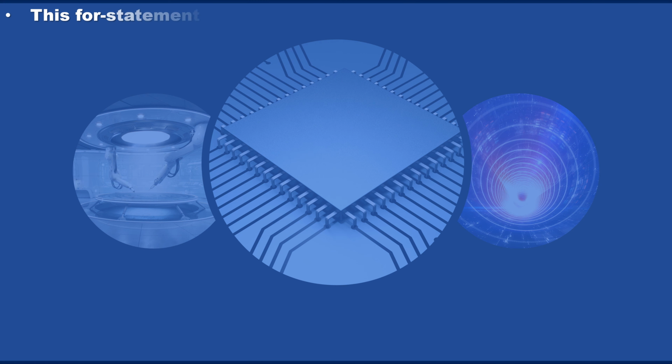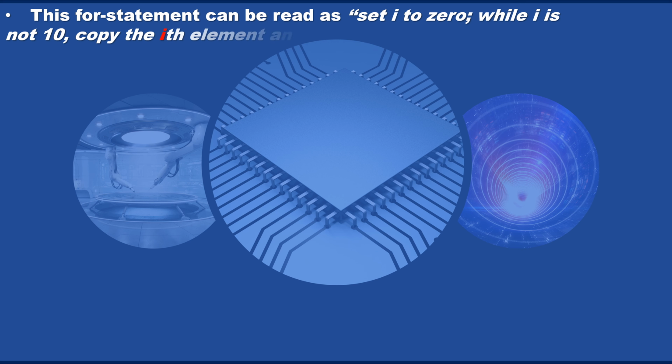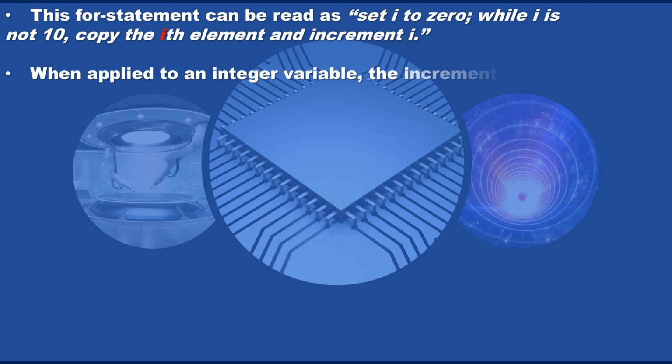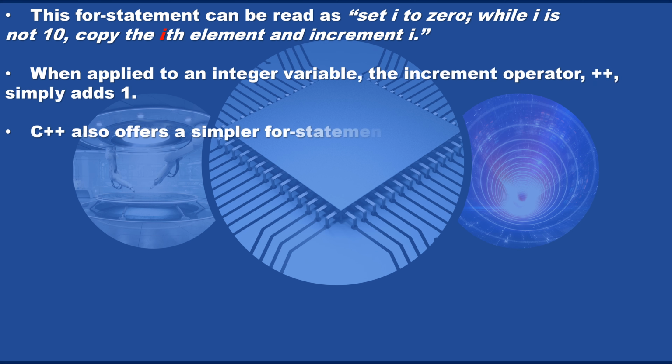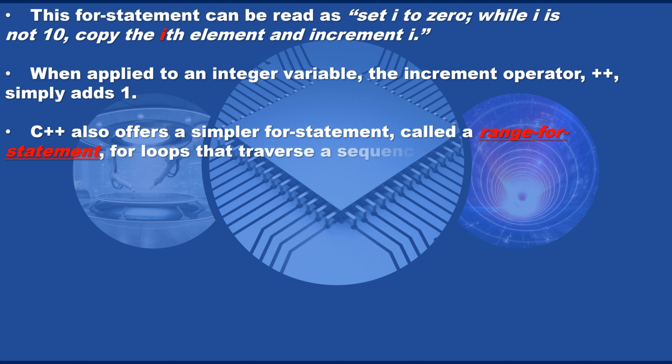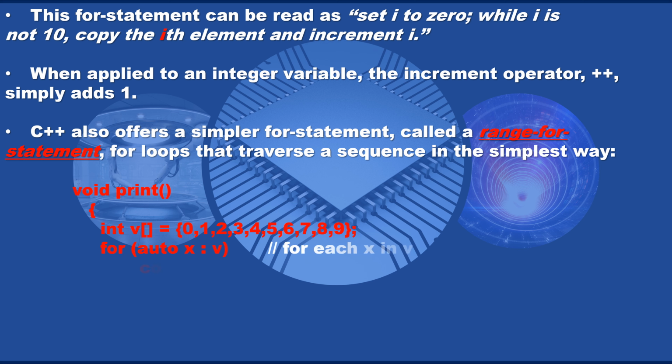This for statement can be read as: set i to 0, while i is not 10, copy the ith element and increment i. When applied to an integer variable, the increment operator, ++, simply adds 1. C++ also offers a simpler for statement, called a range for statement, for loops that traverse a sequence in the simplest way. void print() {